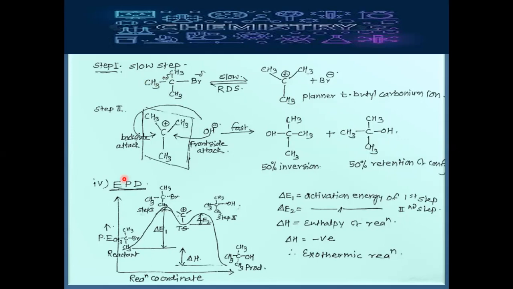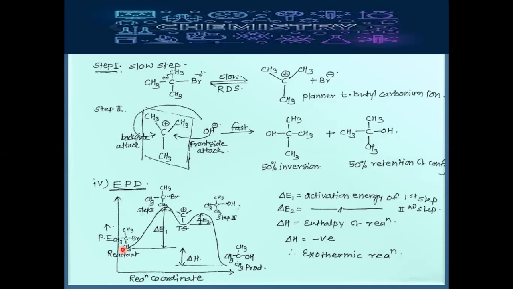Got it? Now the energy profile diagram. Again, in the same way, when potential energy and reaction coordinate are plotted against each other, the graph obtained is called the energy profile diagram. Now look again here. This is the reactant, tertiary butyl bromide. It is a two-step reaction, so two peaks are obtained. Now in this first step,